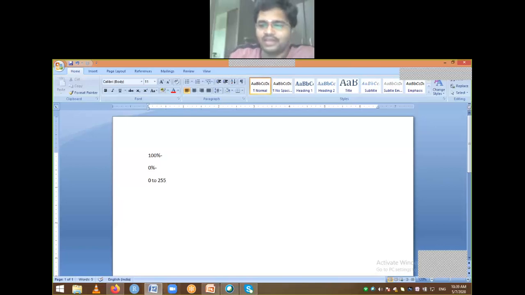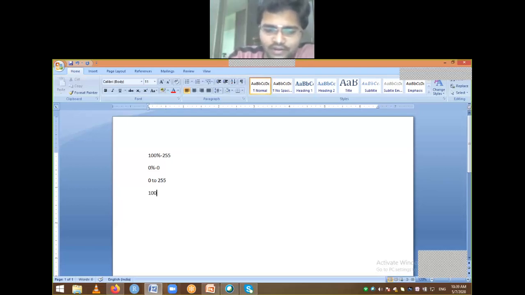For a binary number, if I consider it has 8 bits, or if I am representing that one with 8 bits, then you are going to have 0 to 255. So for 100% I need to say 255. For 0% I can represent with 0. By using that one, if I consider 100, the value is equal to 255. What about 50%? Okay, so 50% equals x.